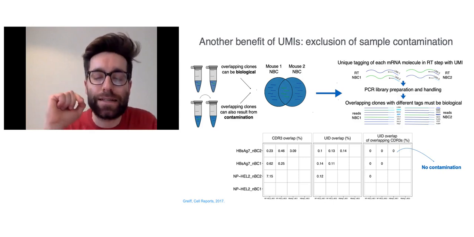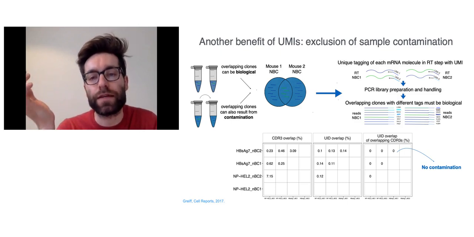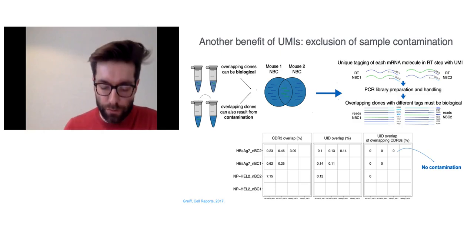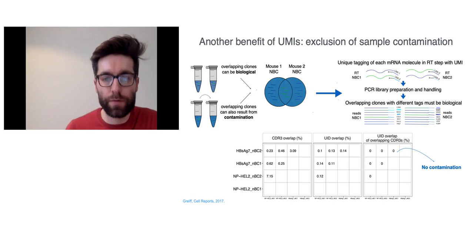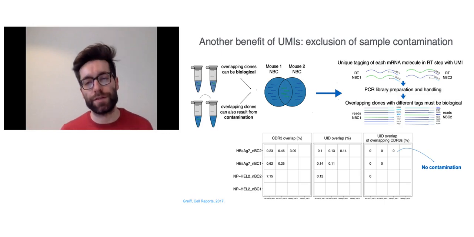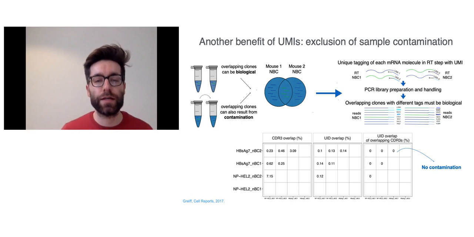And sometimes it's not clear if something is contamination or not. And so people usually use for clonal overlap either the CDR3 or the entire VDJ sequence, and the CDR3 is usually a barcode, but the UMI is also a barcode. So what we did here is we used